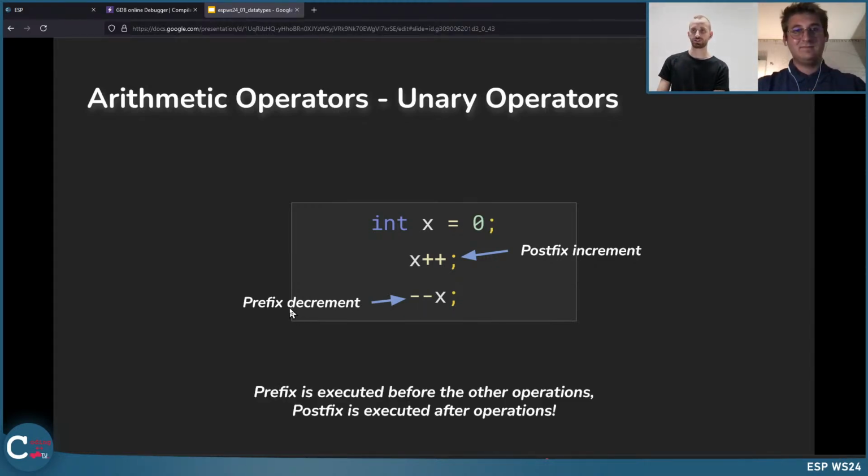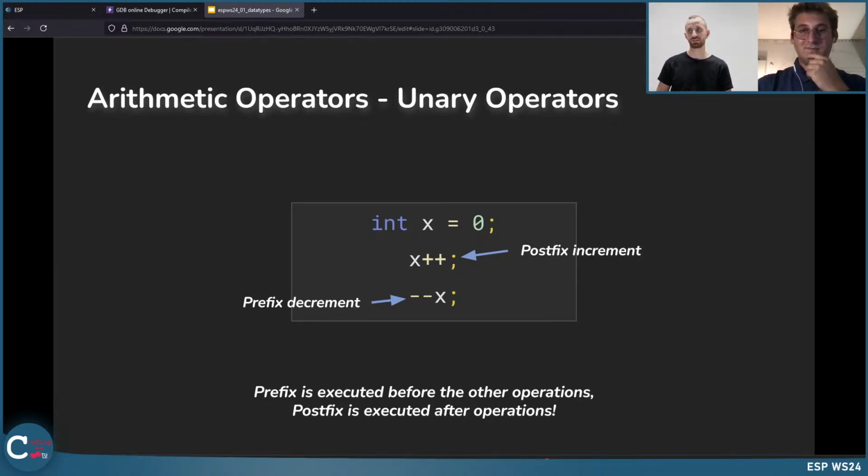The difference between prefix and postfix is that the prefix is executed before the other operations around it, and the postfix is executed after them. You will see that in your next exercises. We will also have this in the weekly exercises.